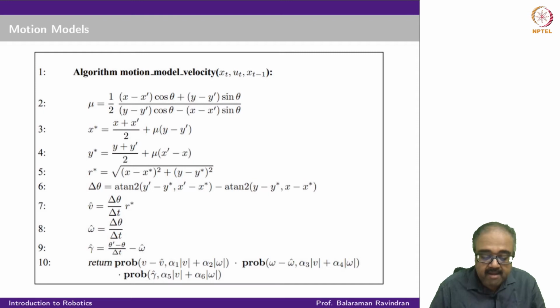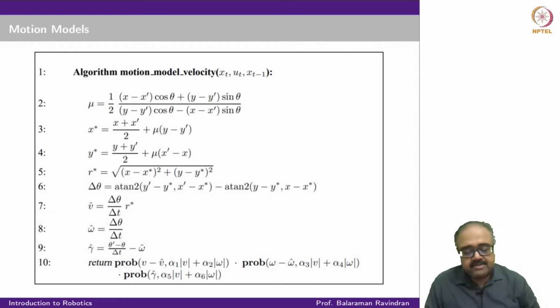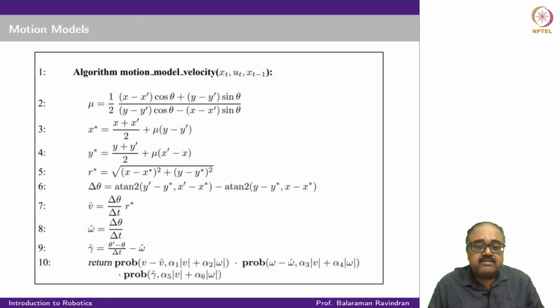Okay. Now what is going to happen is, because I am traveling with this constant translational and angular velocity, my entire computation has basically assumed that I am going to end up at x prime y prime. I never looked at theta prime. Therefore this model up till line 8 does not really ensure that I end up at theta prime. It ensures that I end up at x prime y prime. It never assumes how I ended up at theta prime.